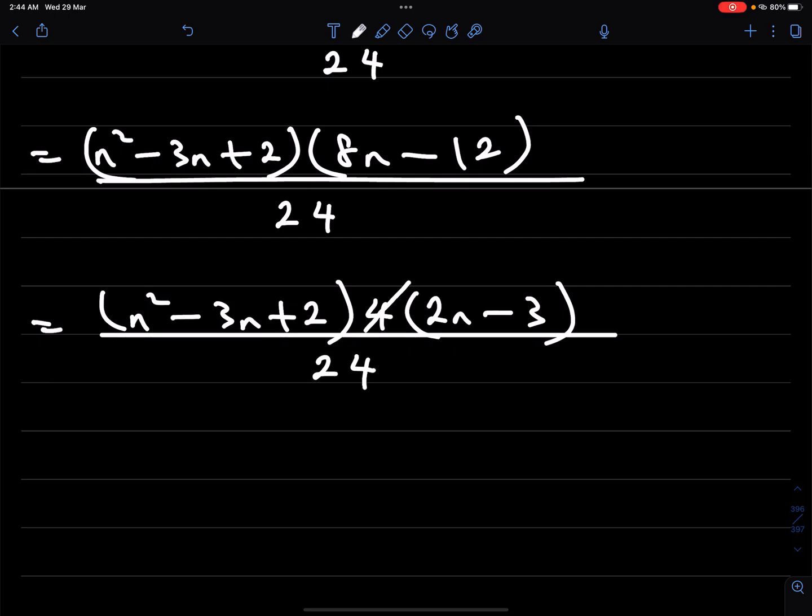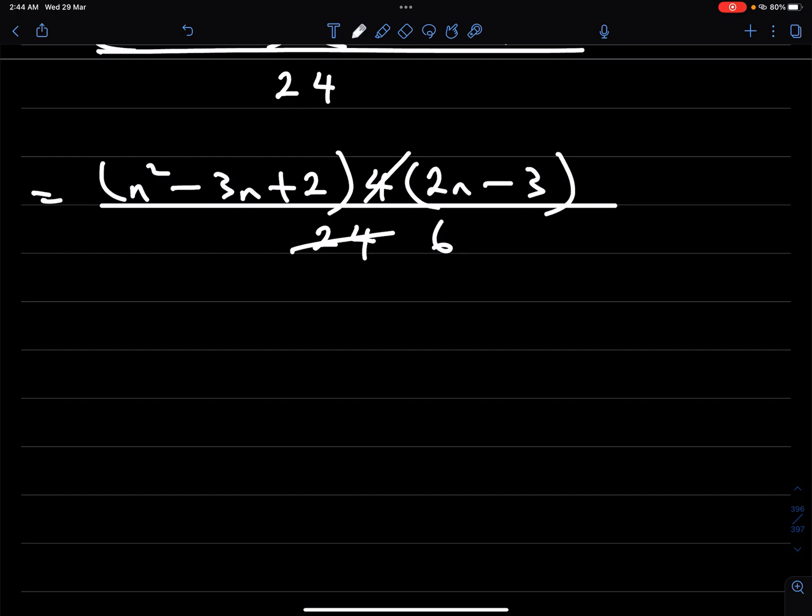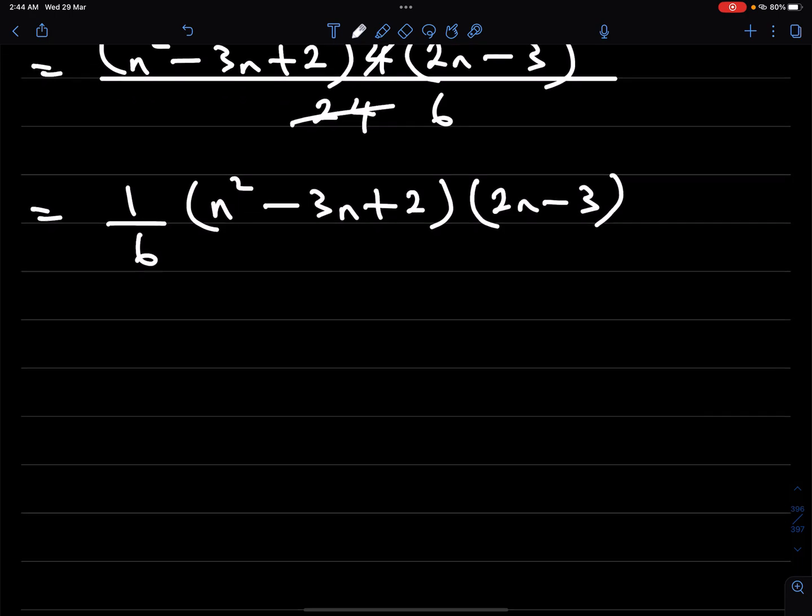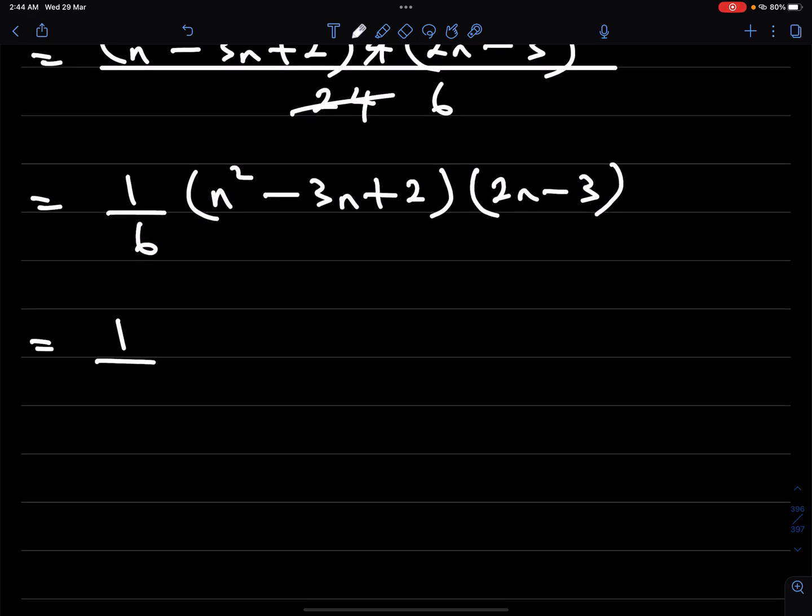Now here I can say 4 here 1, 4 here 6, and that simply means 1 over 6 times n squared minus 3n plus 2 times 2n minus 3,